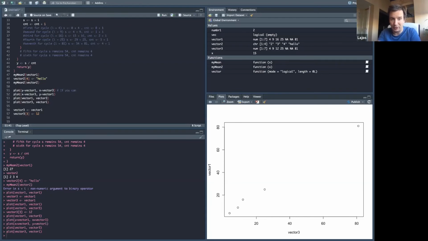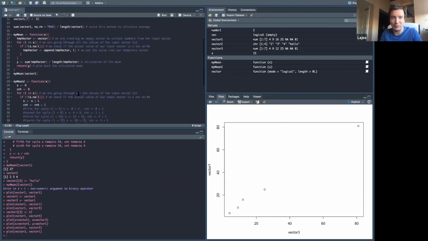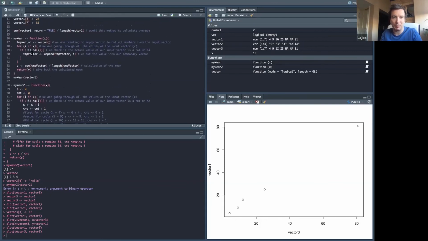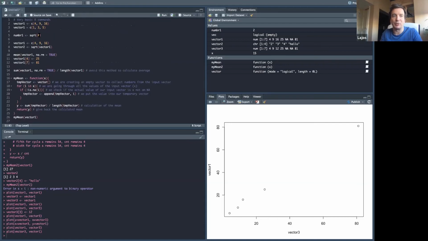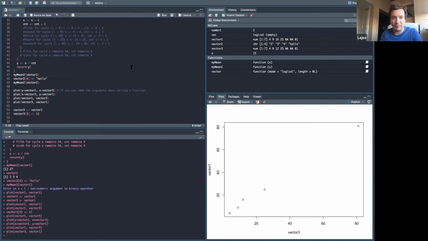Not every time you can do this. If you can, name the arguments. Of course, you don't have to do this when you are calling sum or square root, because there is only one argument in square root. But as soon as you have more than one argument, it's better to name them. And this is the only point in R where